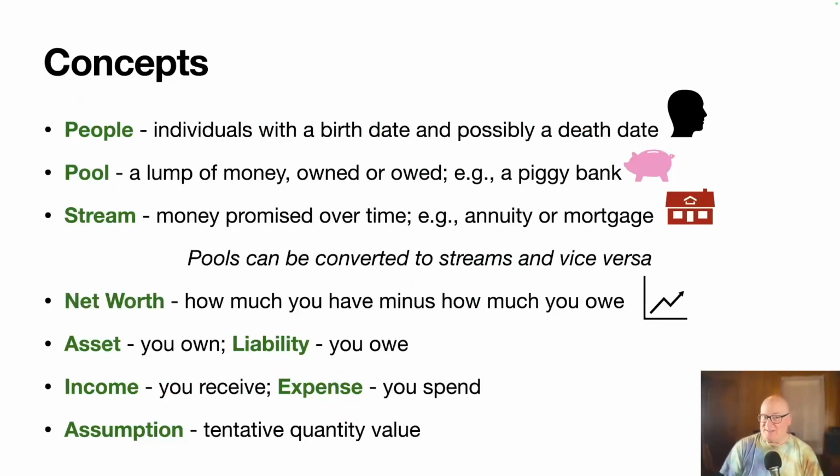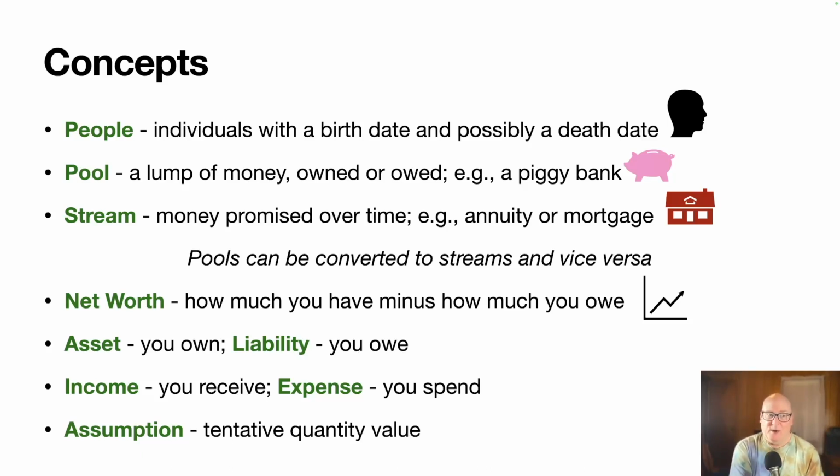All right, now I've got in mind a bunch of concepts, and so I'll start here, then I'll show kind of the user interface I have in mind and talk a little about how I think about what we're doing. So one thing we have is people. So they're going to be individuals. They've got a birth date and possibly a death date. So if I want to look at what if I take Social Security at 67 and then die when I'm 68, what happens? Okay, that would be an example of using that death date.